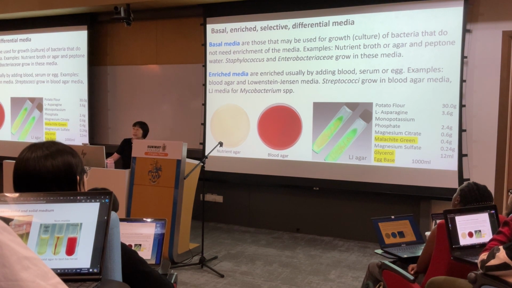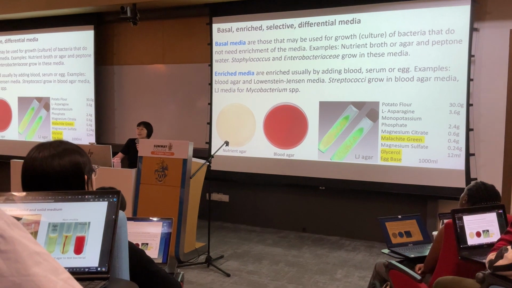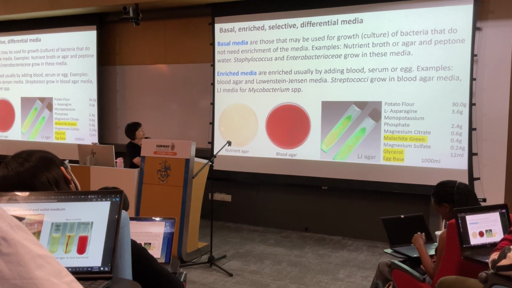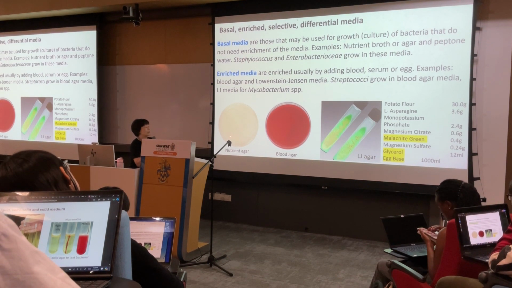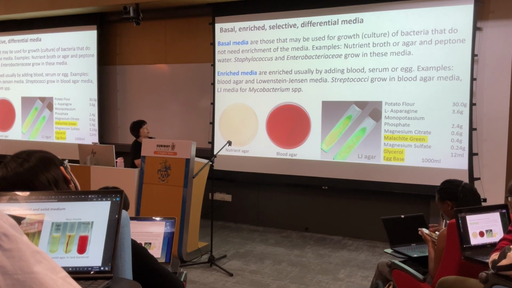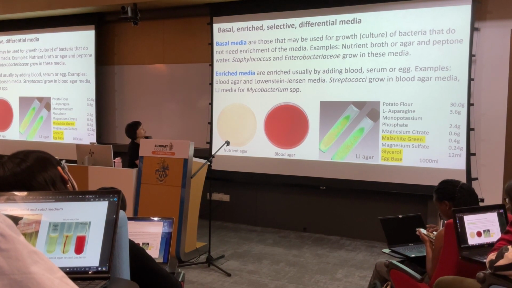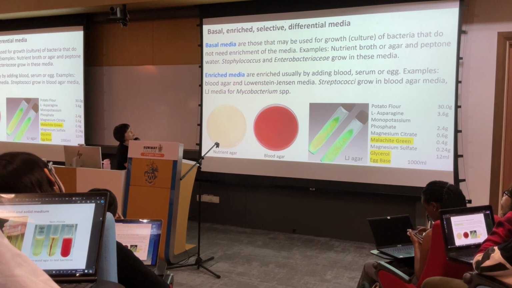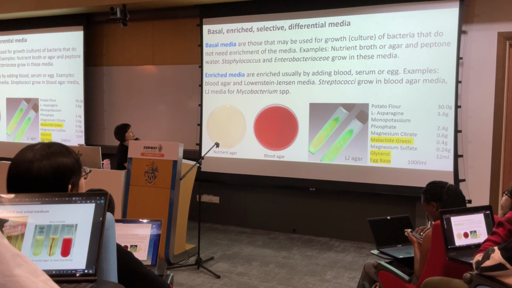Have you seen nutrient agar before? Yes, right? Don't tell me that you have never seen it. You used it in your first practical class. It is something like this color. It supports most bacterial growth, but there are still some bacteria not able to grow on it. Enriched is for those bacteria that are not very happy with the basal nutrient agar,